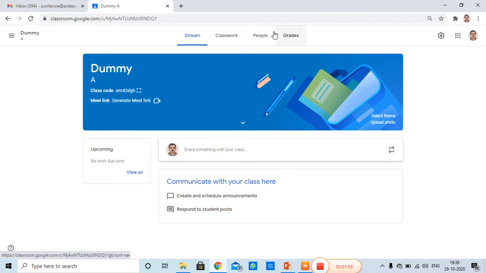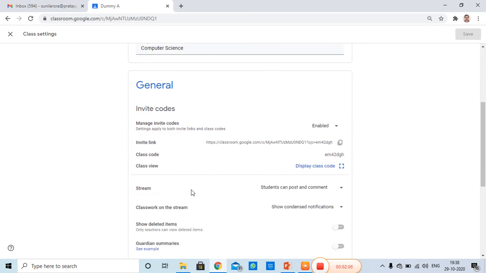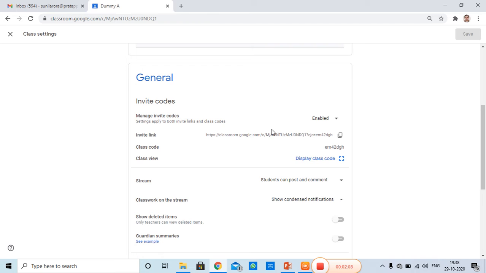This is class settings, class details: dummy, description, section, room, subject is computer. This is the general setting, this is for the class code, this is the class code.